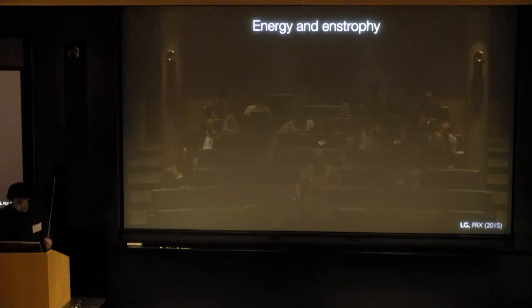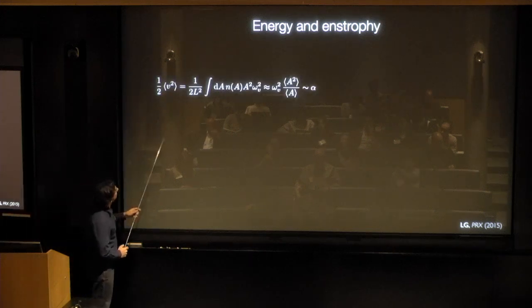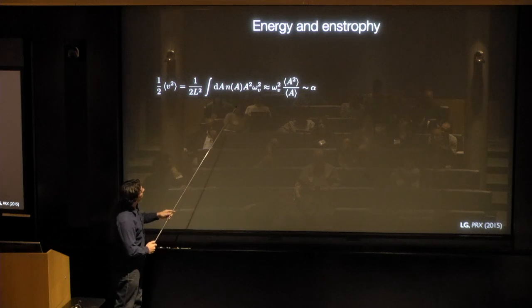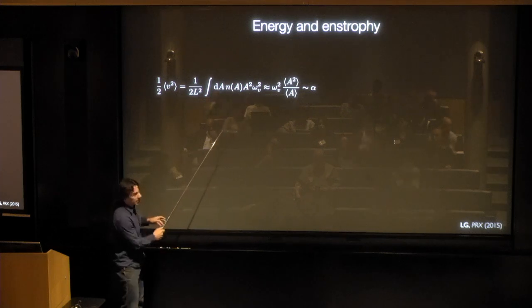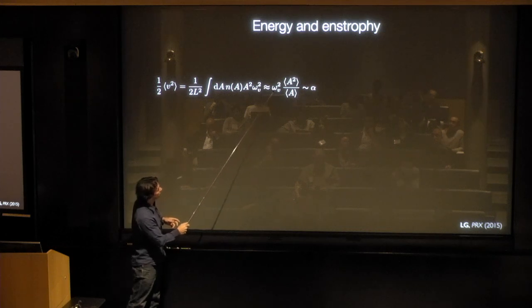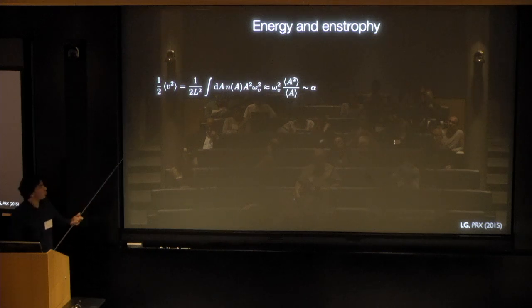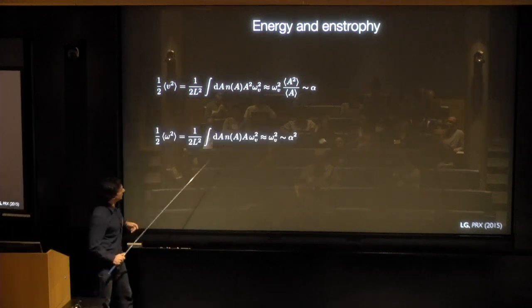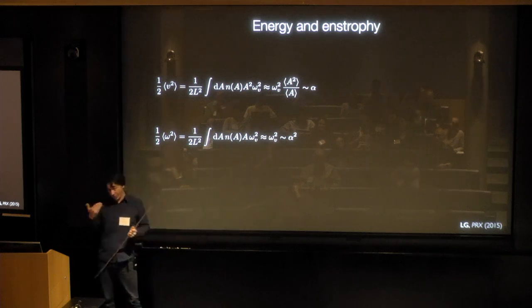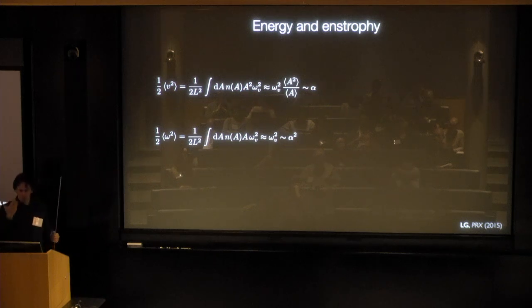So replacing these spatial averages with ensemble averages, one can calculate the kinetic energy, which is equal to this expression. Now, this is independent of the area, so this is a very simple integral, and is equal to omega squared times the ratio between the second and first moment of this distribution, which is proportional to alpha. Analogously, for the entropy, you get something similar, which is proportional to the square of alpha, consistent with the observation. This is a bit dry, I understand, but it's actually a very simple, intuitive way to understand